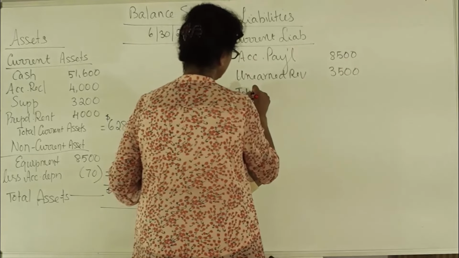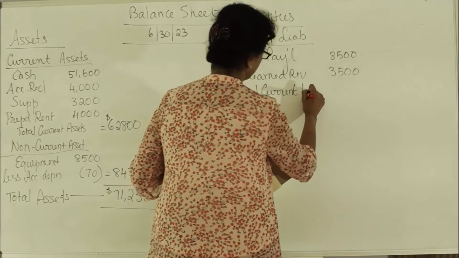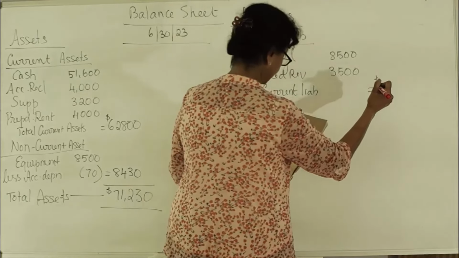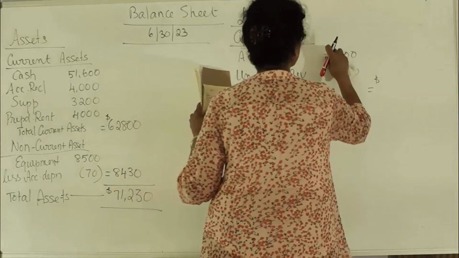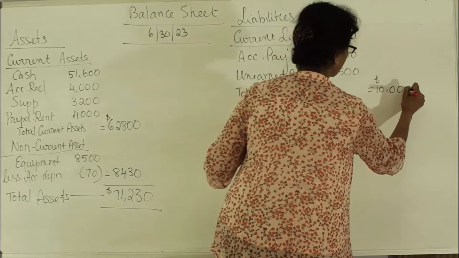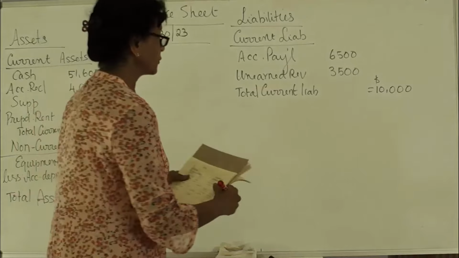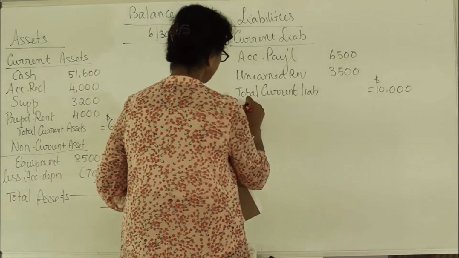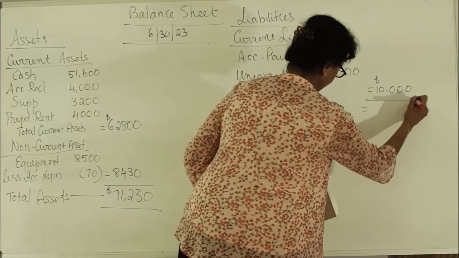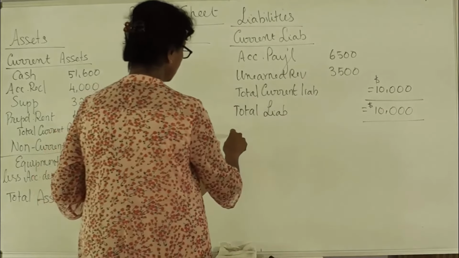So total current liabilities would be 10,000. Now the company does not have any non-current liability. So here, your total liability will also be equal to 10,000. Now you go to your